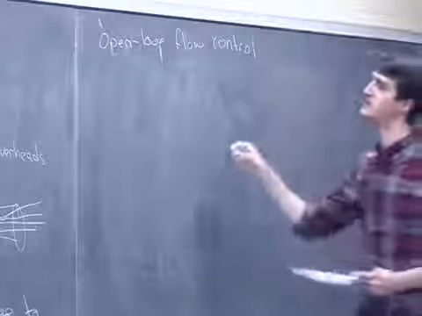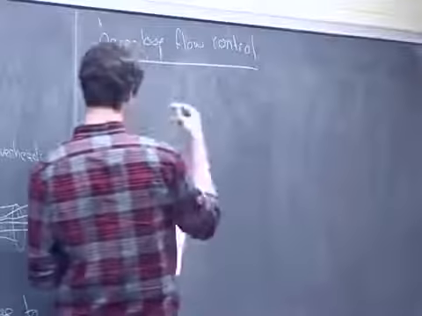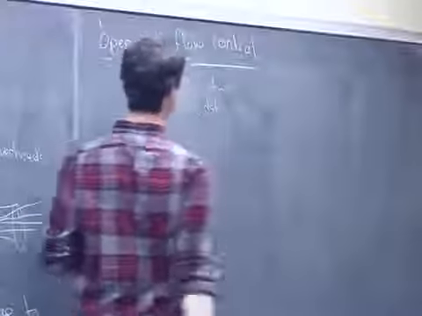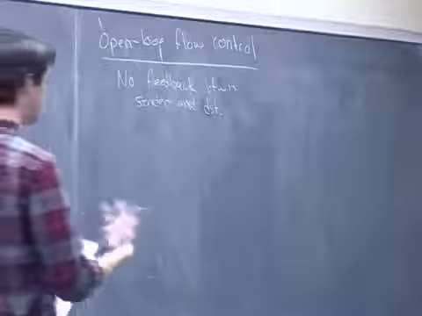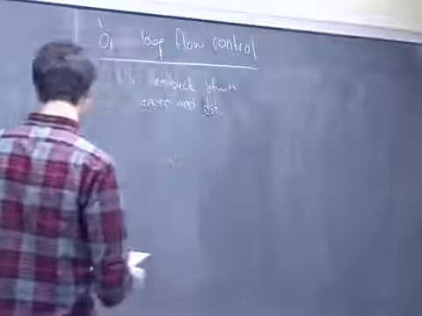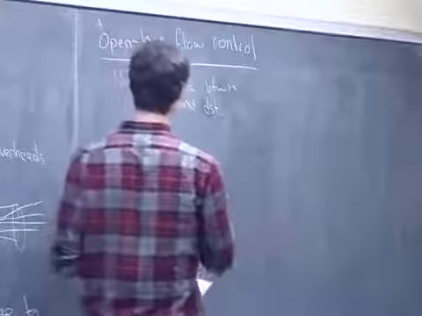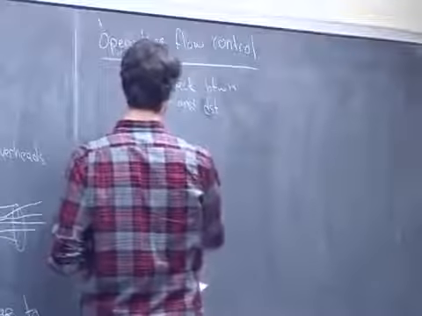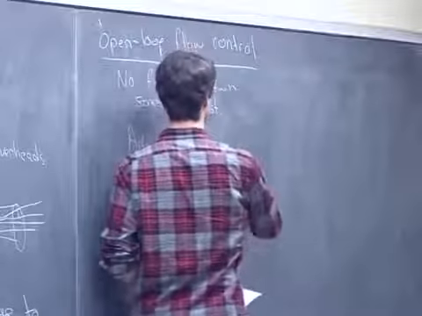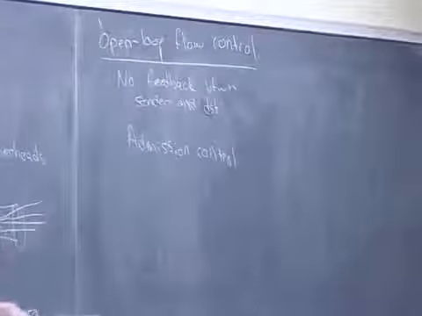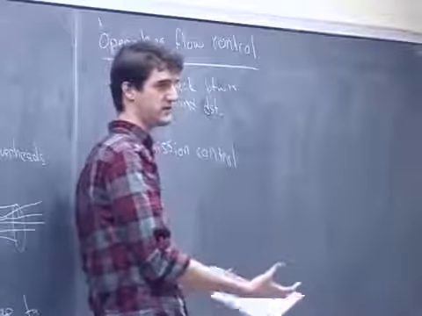Now, what we mean by this open loop is that there's no feedback between the sender and receiver. So they don't communicate at all in order to do flow control. The only way you can do this is with what's called admission control. This is a scheme where you only allow users in who you know you have enough resources to fulfill